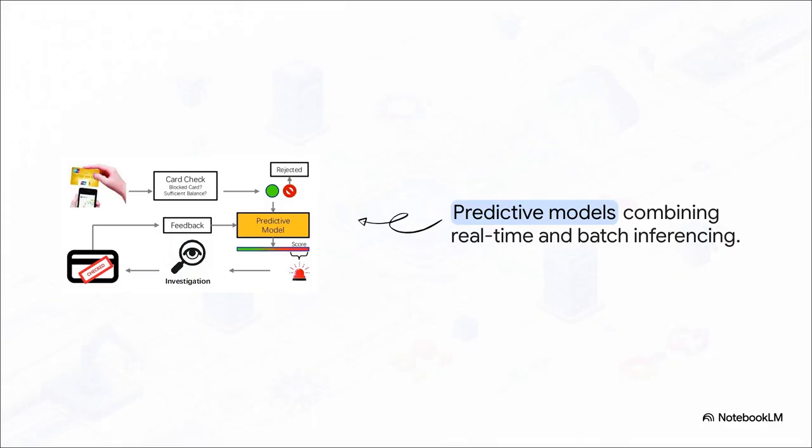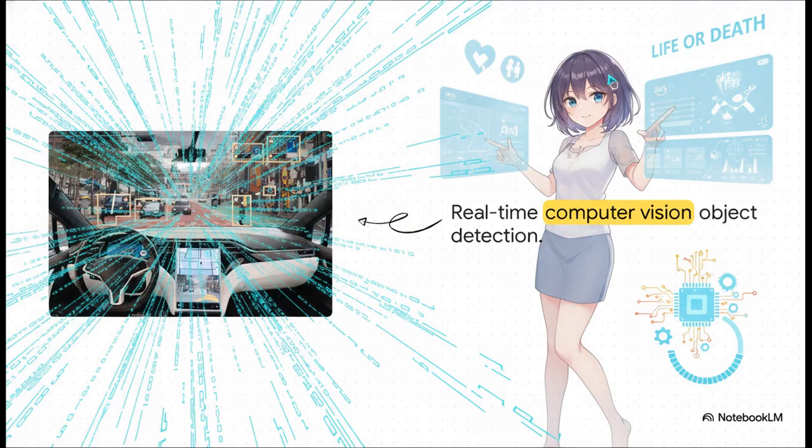Let's look at a classic real-world use case that perfectly combines both of these concepts: credit card fraud detection. The moment you swipe your card, a real-time inferencing model instantly checks the transaction against your history. It's scoring the likelihood of fraud in literal milliseconds. And if that score triggers a red alarm, it stops the transaction dead in its tracks before it even happens. But then later, batch inferencing might step in to analyze millions of those daily logs overnight, updating the overall model on brand new fraud trends. Pretty cool, right?